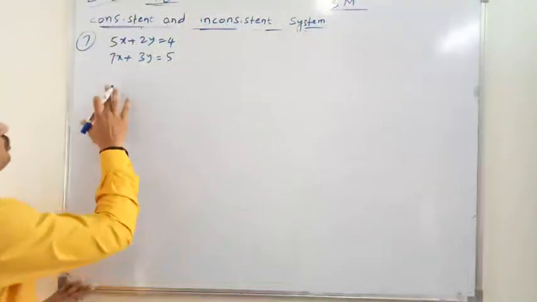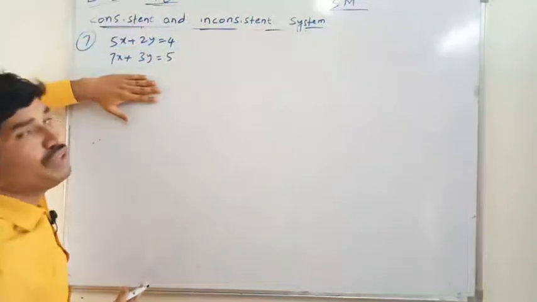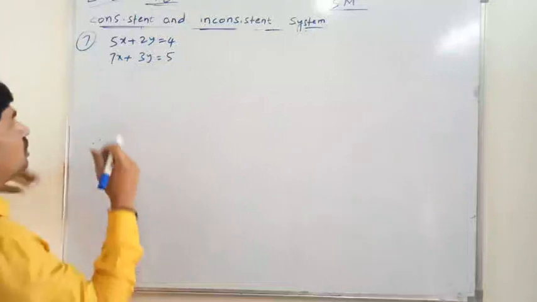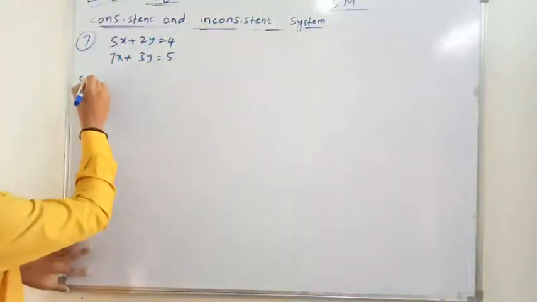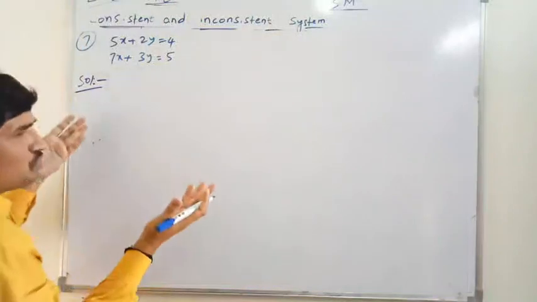This is question number 7 in exercise 4.6. Again, this is in 2 variables. Just now we completed one example, and these 2 questions are related to each other, so we will do this question. You can also start. We will complete the solution first.